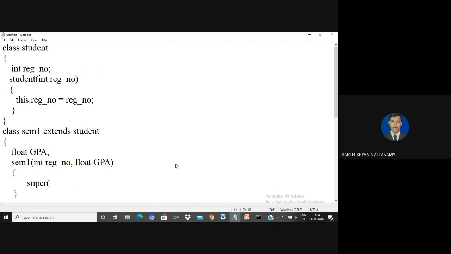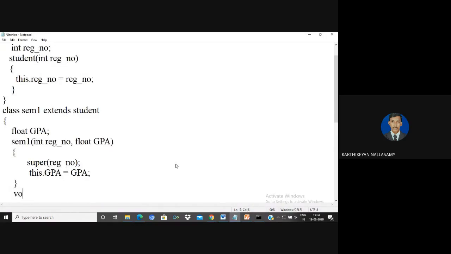We know that the register number will be initialized in the base class, so by using super, I call the base class. Then I copy the CGPA from the local variable to the instance variable. Then I'm going to print the values. My function name is display.